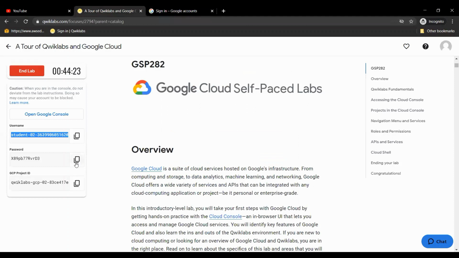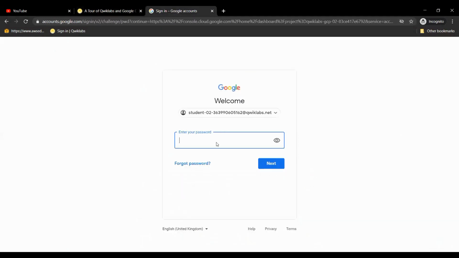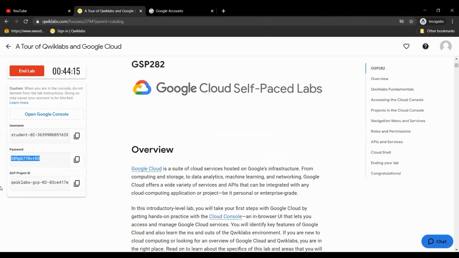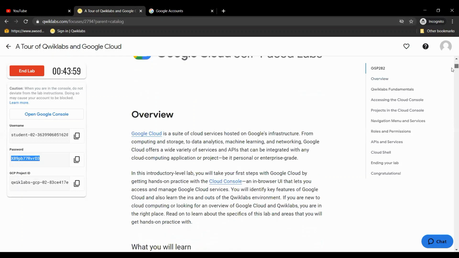We also copy the password and paste it here. This project ID is completely unique and it changes for every project. The lab we are accessing has a unique project ID, and for other labs, as I said, we'll have other project IDs.